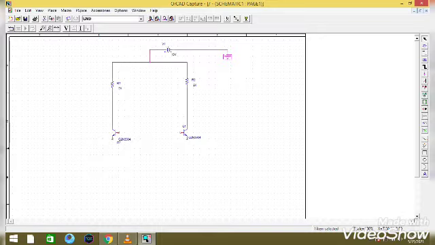Okay, now let's look at the circuit to see what other components we need to build the bistable multivibrator. Go to place wire and I'm connecting both the emitters using the wire, and I'm taking a line to the ground.